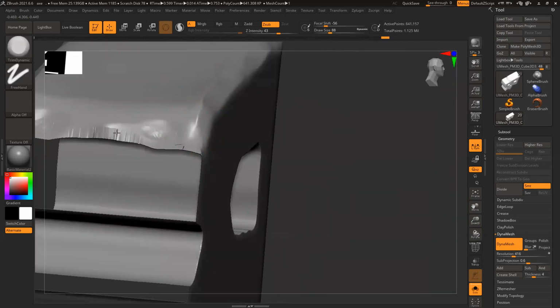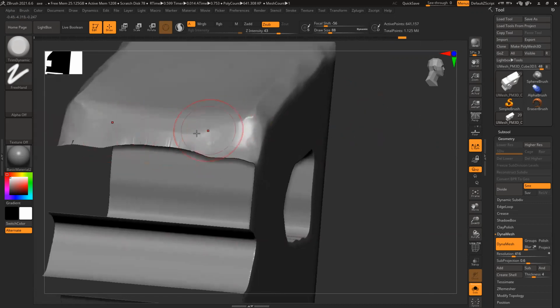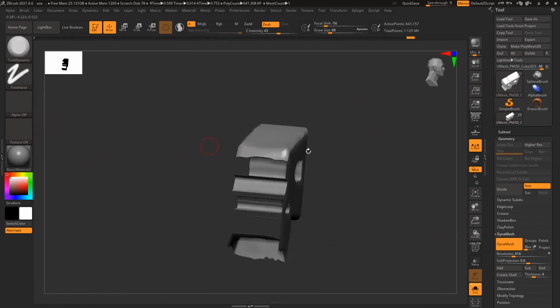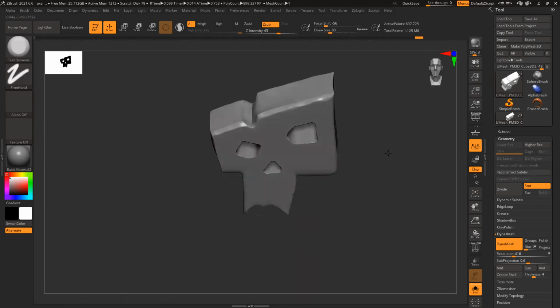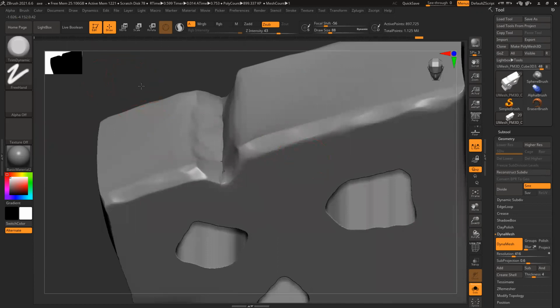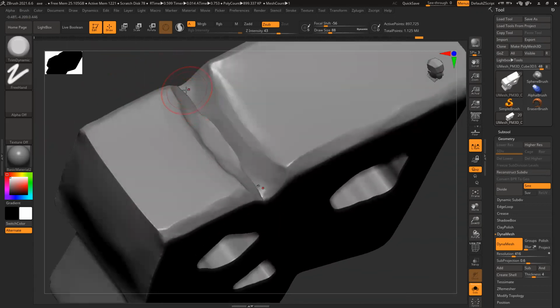Now this side. Control Shift, click outside, it will make things visible. So I can see this line becomes super clean.